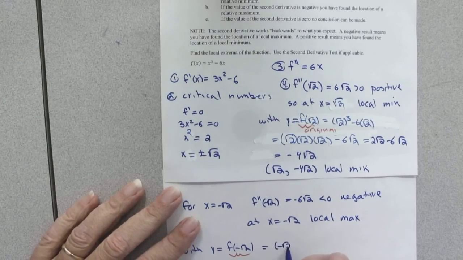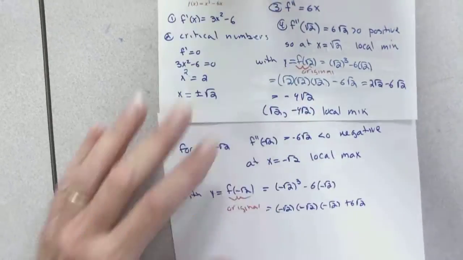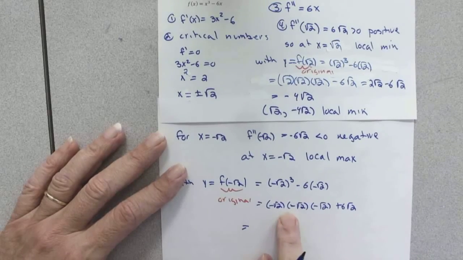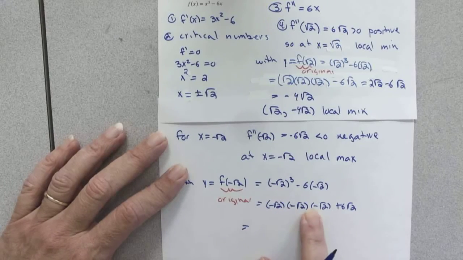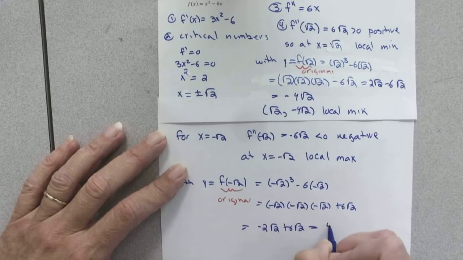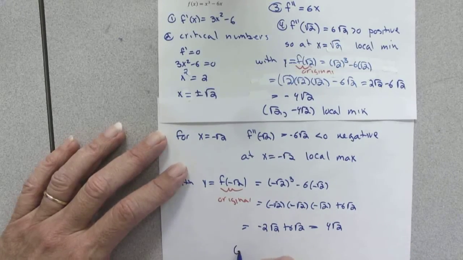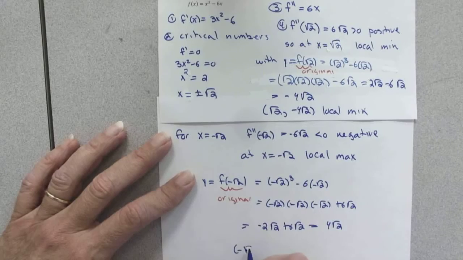And so I have negative square root of 2 cubed minus 6 times negative square root of 2. So that's negative square root of 2 times negative square root of 2 times negative square root of 2 plus 6 square root of 2. Multiplying two of those together, that's going to be 2. The two negatives will make it 2, but then I have another negative there. So I'm going to have negative 2 square root of 2 plus 6 square root of 2 for 4 square root of 2. So the point negative square root of 2, 4 square root of 2